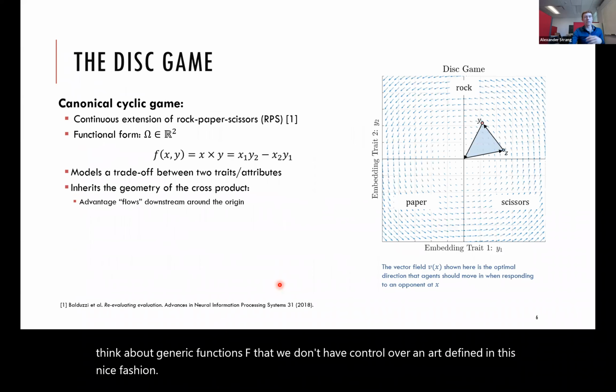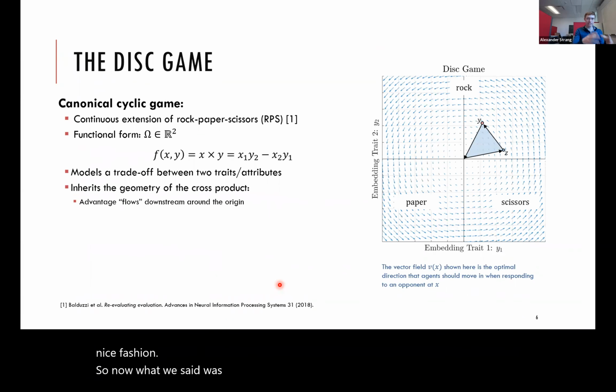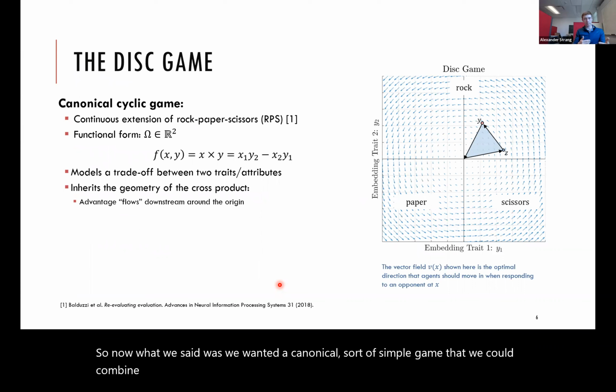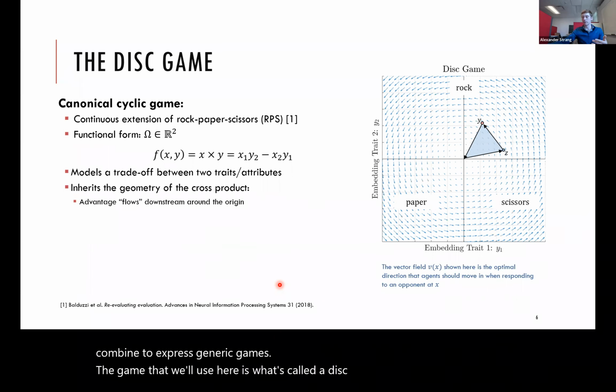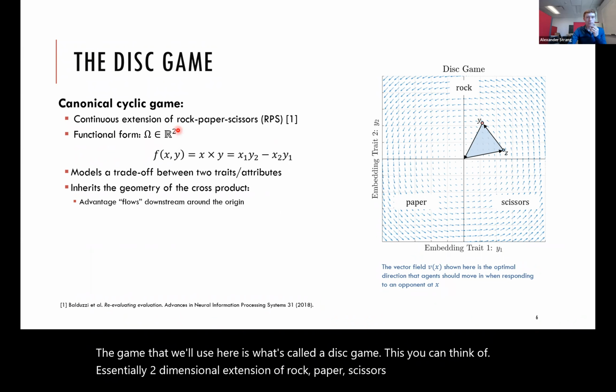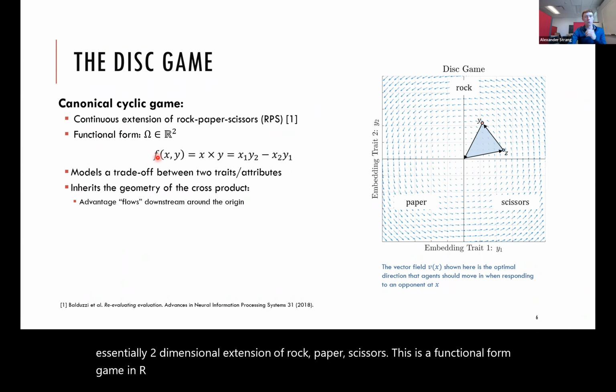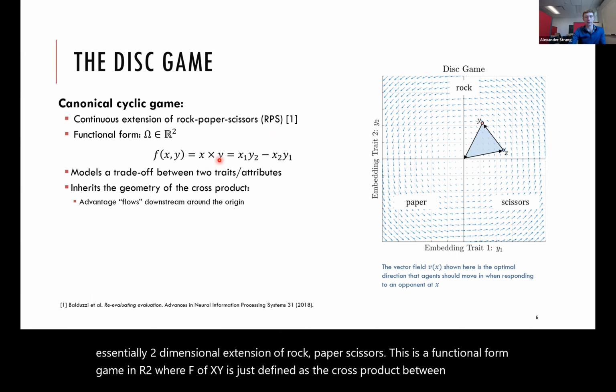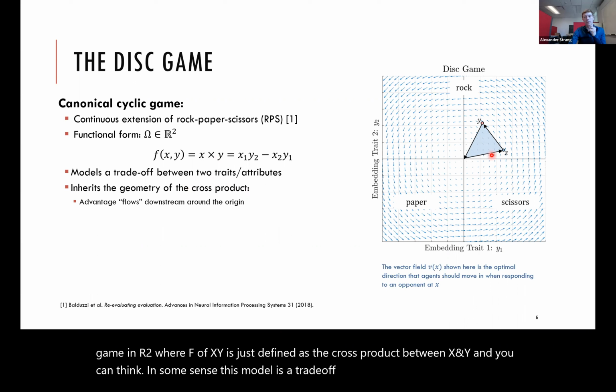Right, so now what we said was we wanted a canonical, simple game that we could combine to express generic games. And the game that we'll use here is what's called a disk game. You can think of it essentially as a two-dimensional extension of rock, paper, scissors. This is a functional form game in R2, where f of x, y is just defined as the cross product between x and y. And you can think in some sense this models a trade-off between two traits or two attributes,